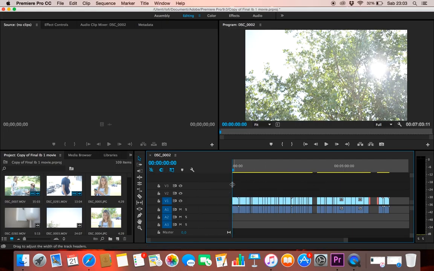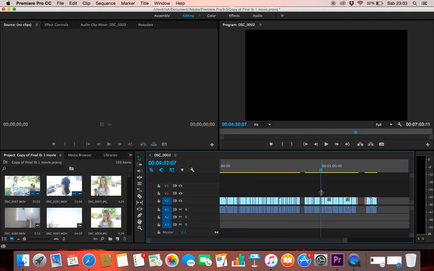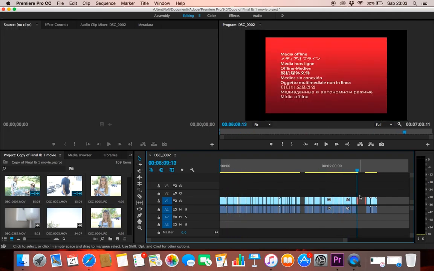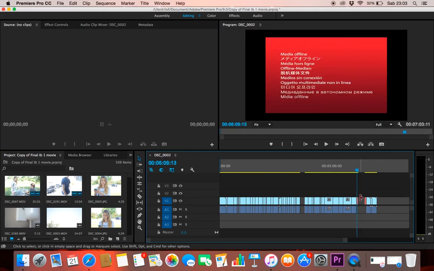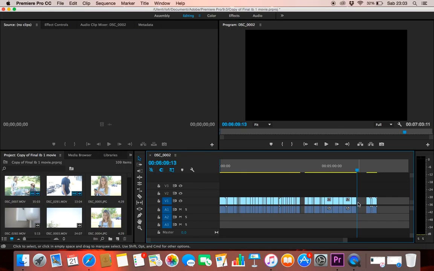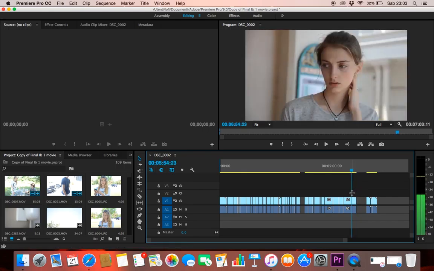When you notice some red boxes right here, these are media that are missing on your computer, and this happens a lot, in particular with Premiere, when you, for example, cancel something that you use. For example, this, I guess, was a slide for the after credits. I don't have it anymore, it's missing now, so I'm gonna go ahead and delete this, and delete also this one. Okay, so what I want to do today,